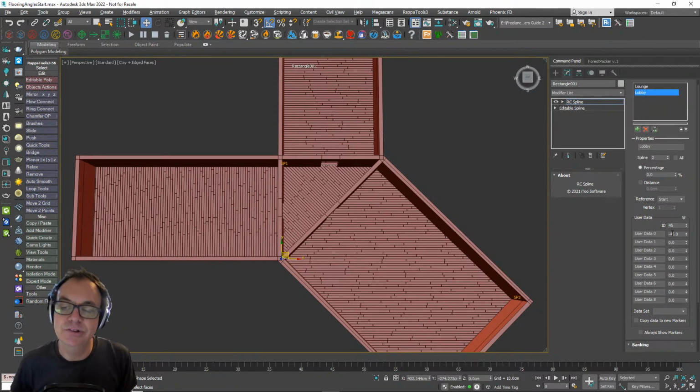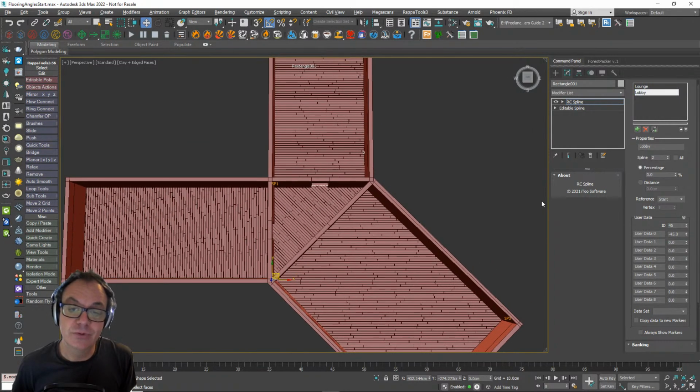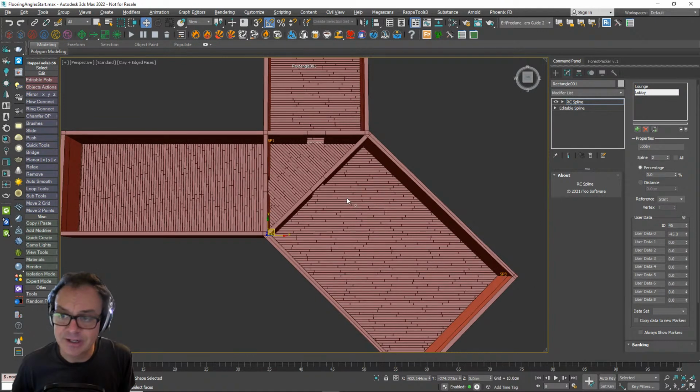And of course, I'm only using one data channel. I could be using all 9 here and have all kinds of different controls set up for aspects of this spline. You know, in here it could be changing windows, the types of floor that's in there entirely, ceilings, lights, anything you want really. Anything you can control in RailClone can be controlled more or less with these data channels and clipping splines. So this is a really handy little trick, and I just add one of these markers for each one of these splines. There would be 4, and I could go back in here and change these rotation settings at any time. In this example, you could use them for anything else.